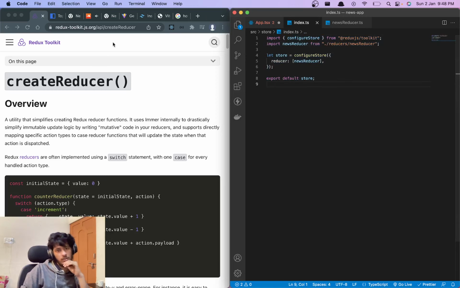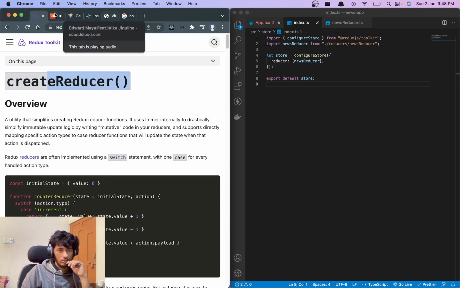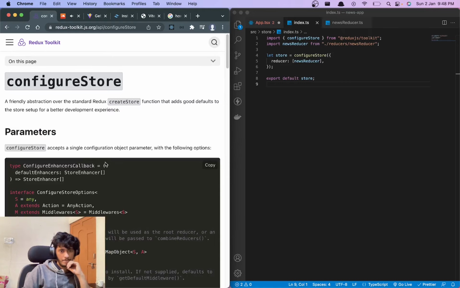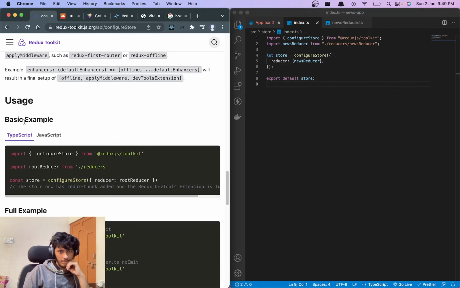So we can say news reducer. Is that enough? Is that all I need to do? Create reducer. This takes in root reducer.